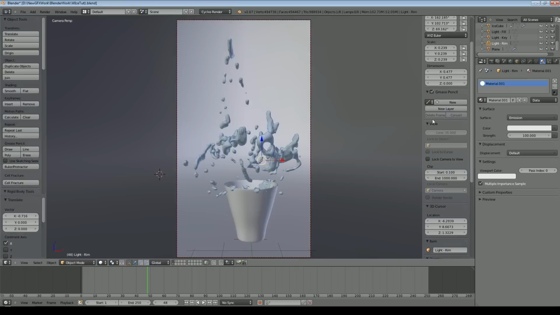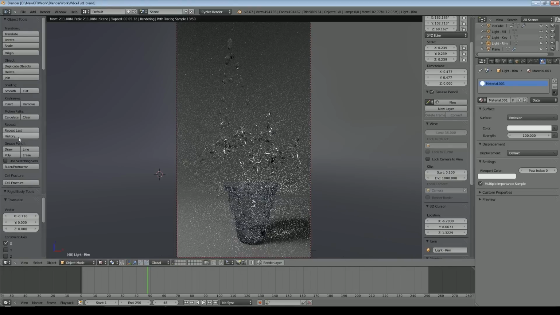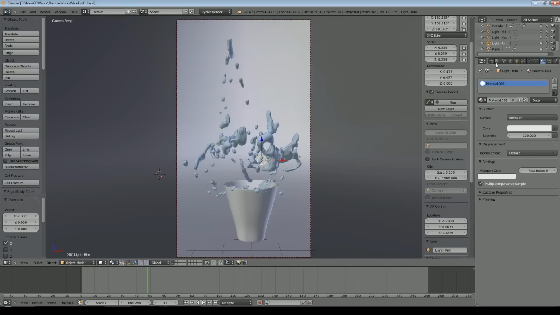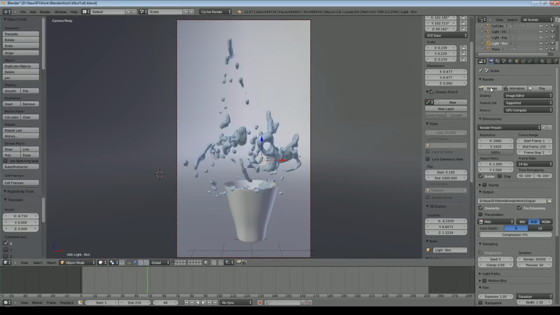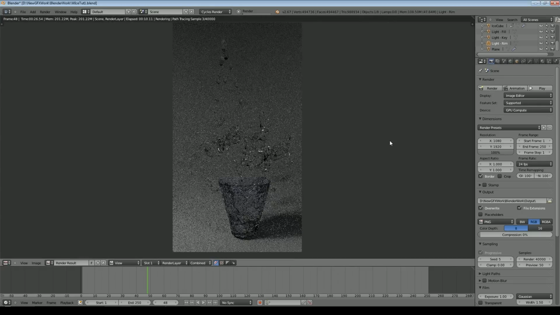I've got these set so they don't show up in the render themselves, it's only the light they cast that shows up. Now we're starting to get there, and I think that's probably worth rendering at a slightly higher resolution now, and we'll just start that rendering. So this will take a bit longer. Probably needs a little bit more light in the scene. I think I can afford to turn that rim light up a little bit now, so we'll stop that, drop it slightly.